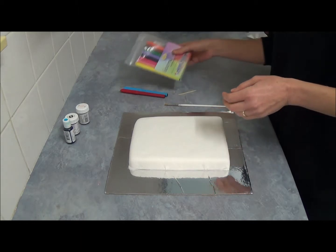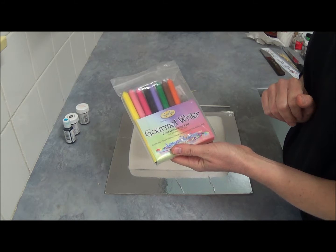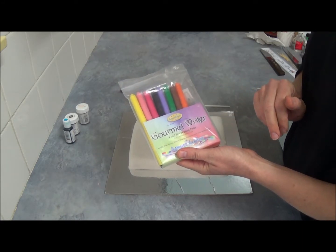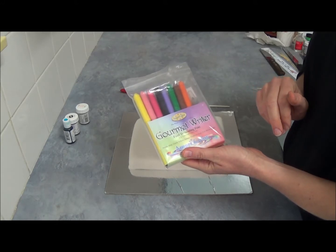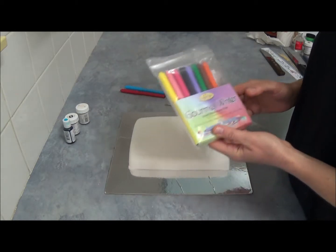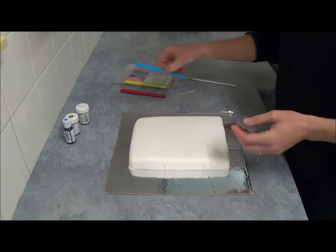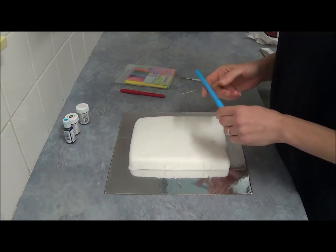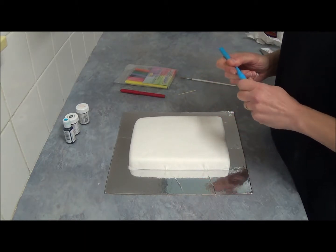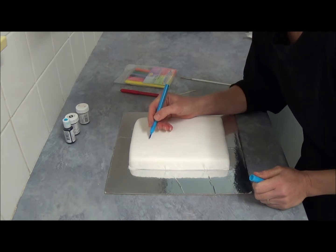But if you're able to find a packet of food decorating paints, the Americolor brand is very useful. It makes things faster and easier, and they're edible paints designed especially for decorating cakes, which of course we can eat. For this we use a different color of decorating paint, and we start from the